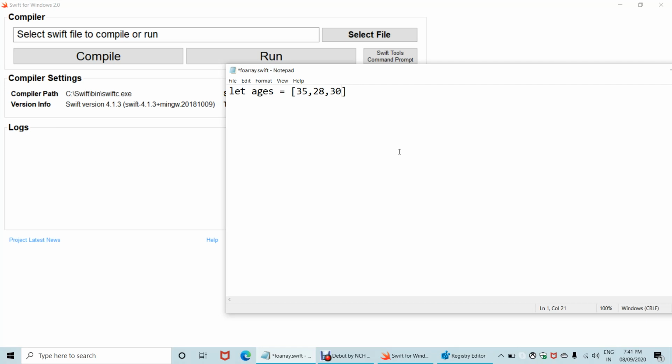Now we'll go ahead with the for loop. To declare a for loop, you put the for keyword, as you do in other programming languages like Python, Java or C++, to denote that the loop statement is a for loop. For age in ages.